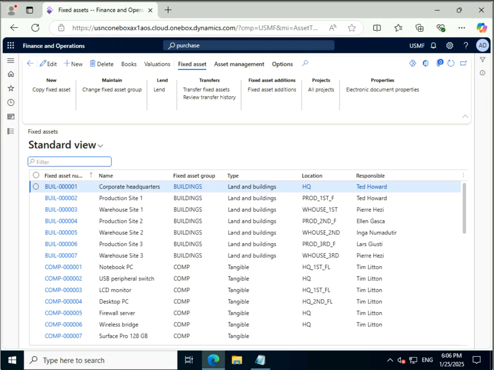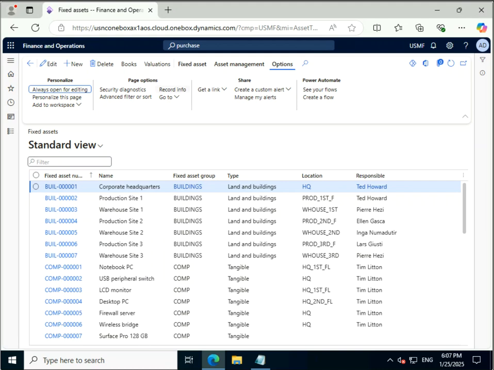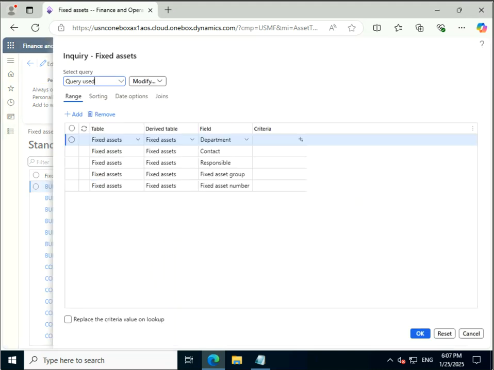Now go to the options. Click on advanced filter and sort. Here, check the option like fixed asset group, which one is there in the field? Here, this is the one. In the fixed asset group, I want to filter only, let's say, computer. Click the